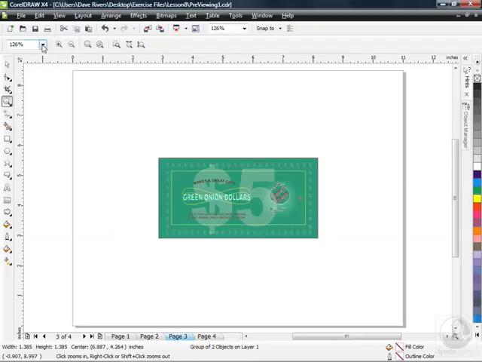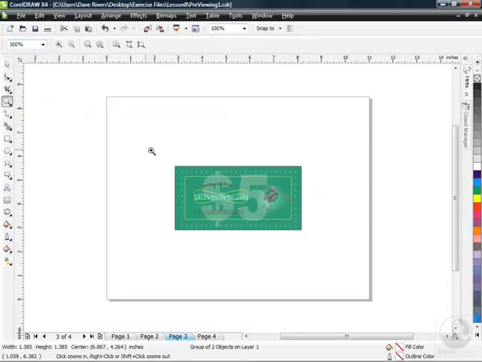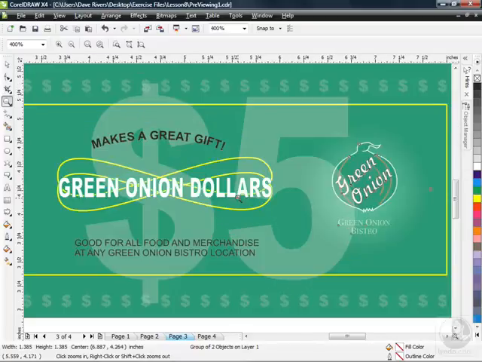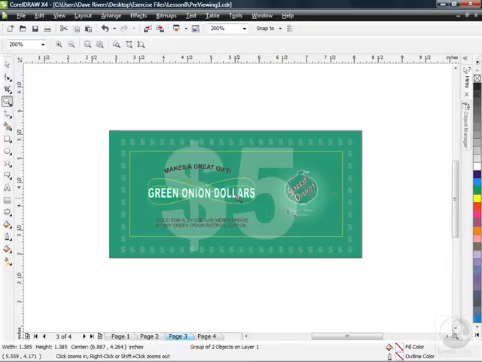And of course I've got some zoom levels here in my drop down. 100% would be actual size. Alright, so those are some of your view options when using the zoom tool. Another option, if you've got a wheel mouse, is just to wheel up to zoom in, or wheel down to